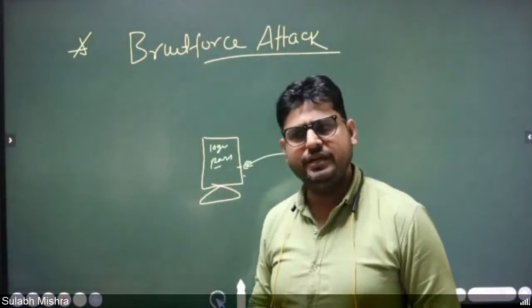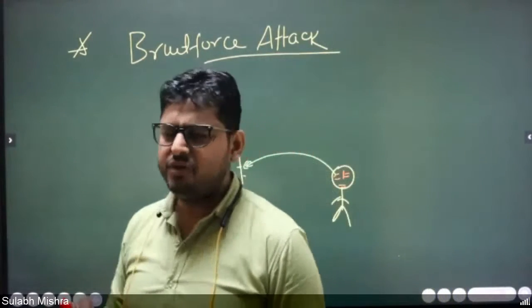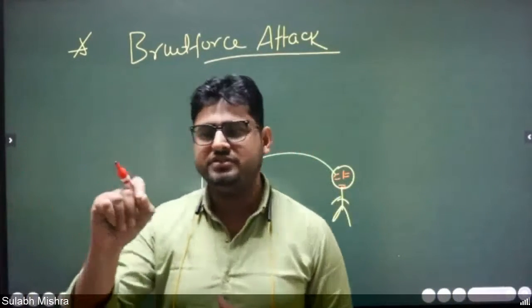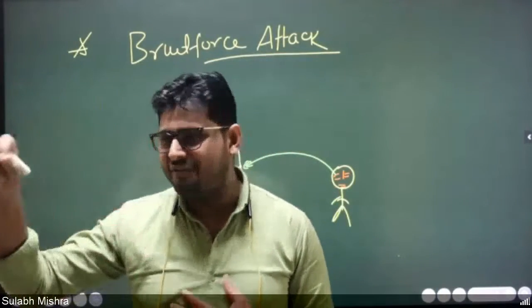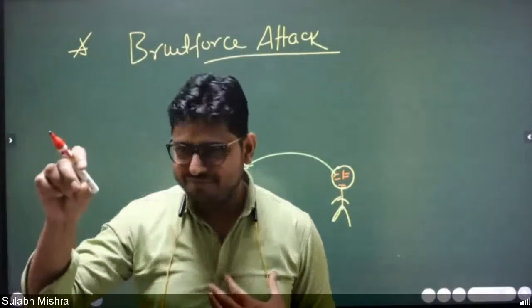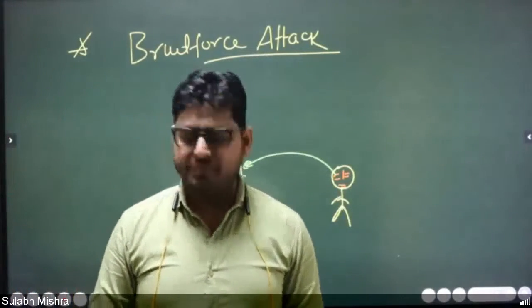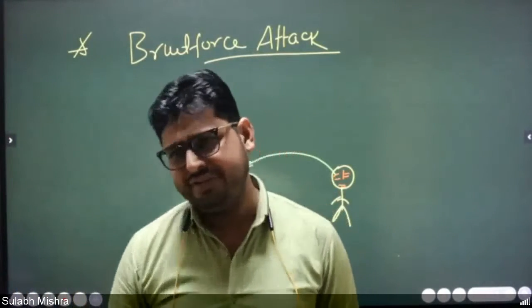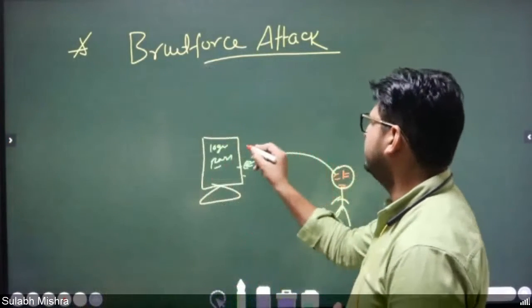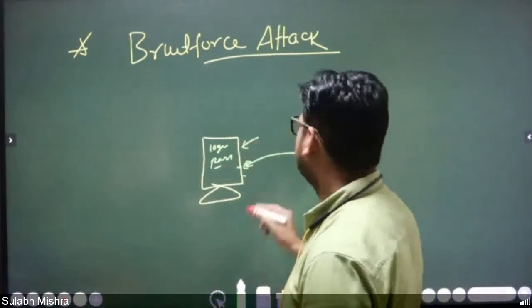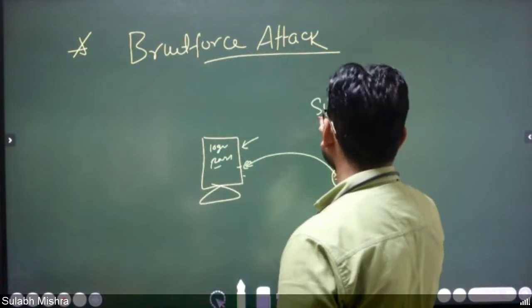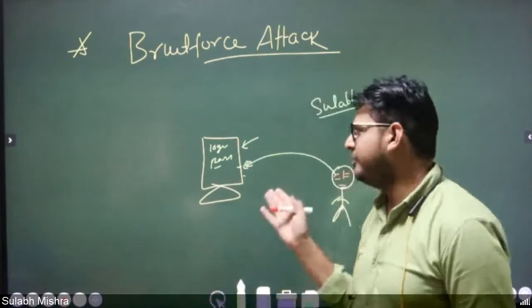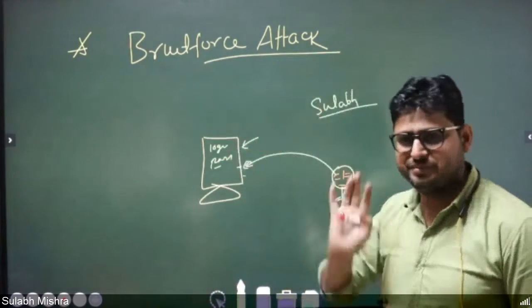Some social media like LinkedIn and all, right? Because generally the login ID is first name dot last name, or last name and half of the first name, or half first name and half last name, like that, or only the first name. Getting the username format is not very difficult, right? Let's say the attacker has checked the username. Username is Sulabh. Now he wants to log into this system, right?